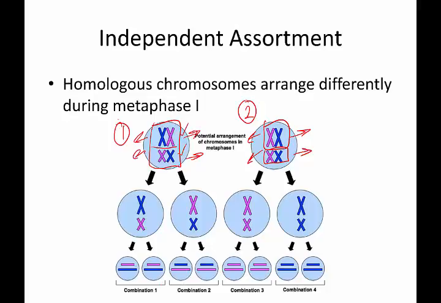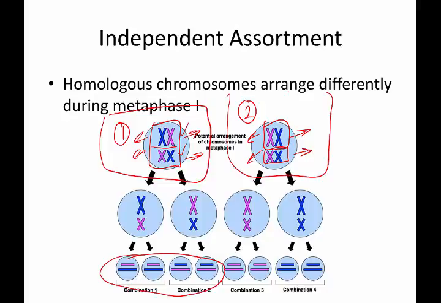So if you have this configuration, these are your possibilities. If you have this configuration, these are the 4 possible cells you can get. So due to independent assortment, so essentially aligning it differently at the metaphase 1 plate, you can have various combinations